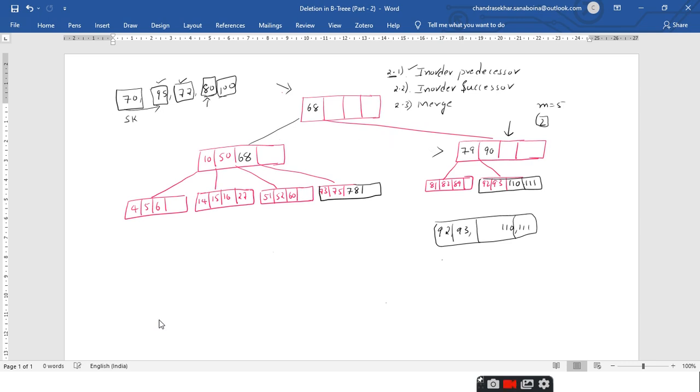We have just moved it, but what happens to this element? What happens to the right child of 68? Since 68's right child is having the elements, they should be placed as the right child of 68 here itself, right? These all the elements should be moved towards the right hand side of 68.